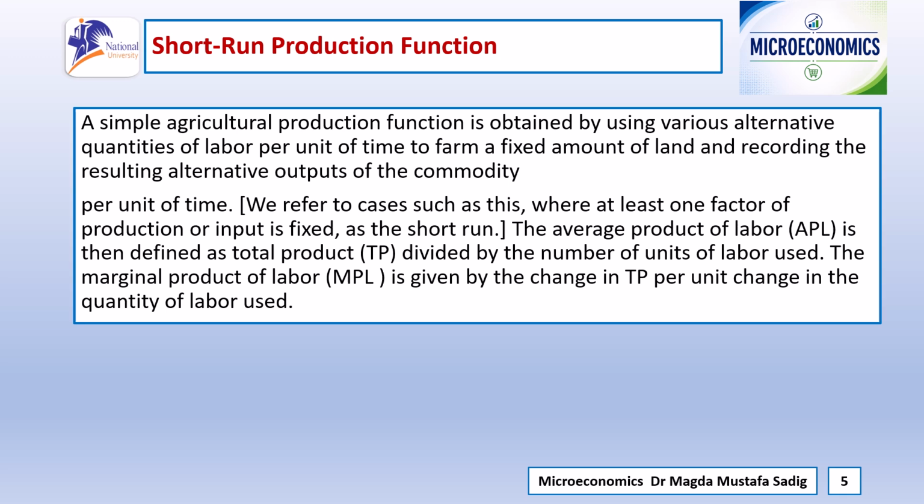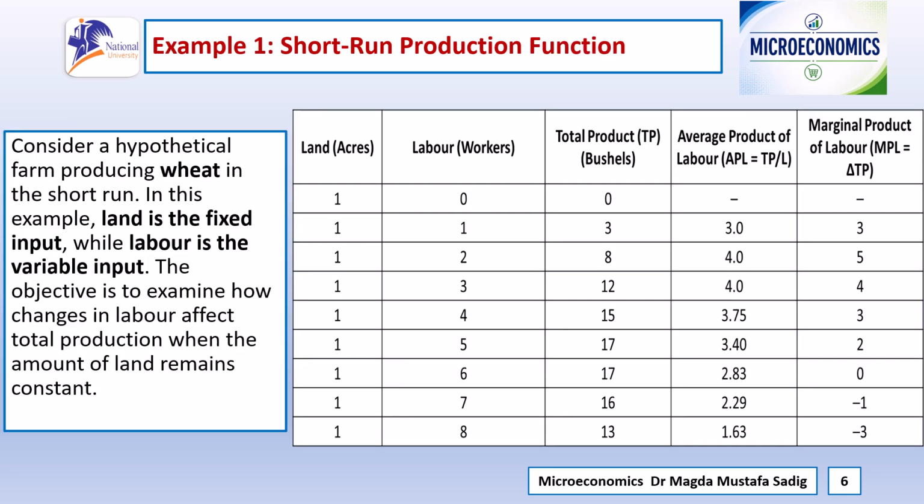Measuring production. Economists use three important measures of production. The first is total product, abbreviated as TP. Total product is